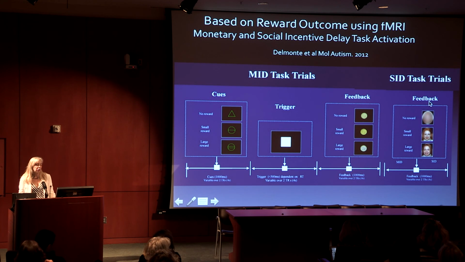And then this is the social reward task. So you either see nothing, which happens to be a blurred face, and then a small reward is just a little tiny, almost neutral, but tiny bit of a grin there. And then a larger reward is a big old fat grin. You may not think that that's very important, but it turns out faces are extremely rewarding, and I'm going to actually talk about that in a second.